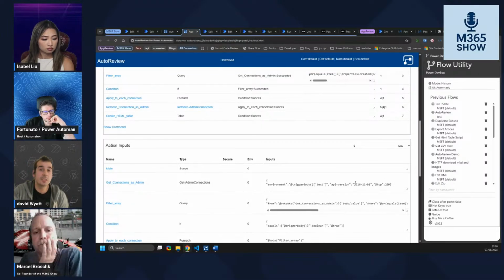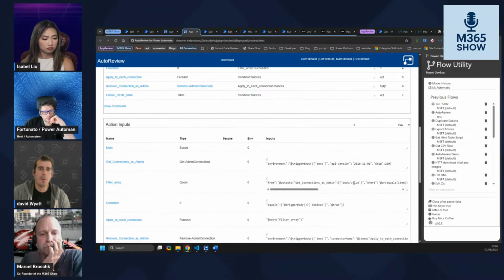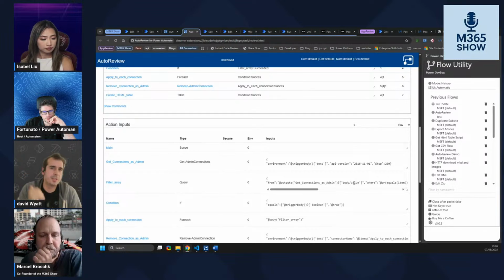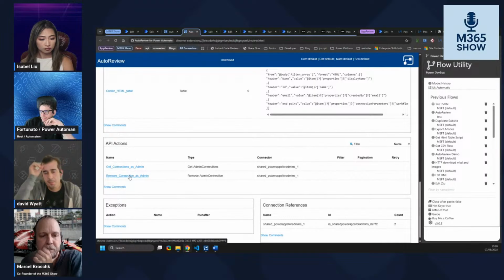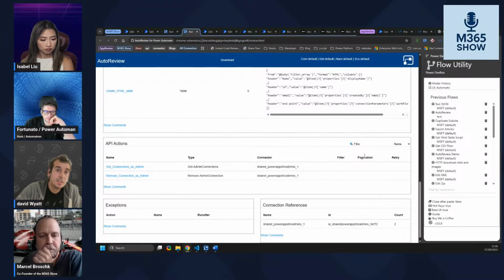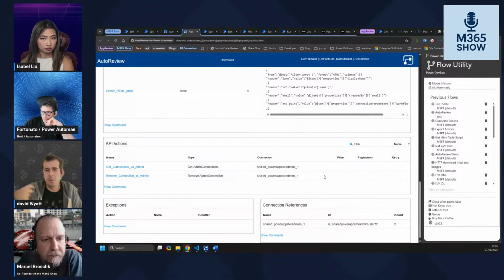It's using a trigger. It's using a trigger condition. But it allows me to quickly look through and say, well, is there a SharePoint item that's not using an environment variable or anything like that? It's really quick and easy to scan through. And on top of that, the last one you can look at here, we've got API actions, which are a little bit different, because again, you're looking for different things like pagination. So do any of these need pagination? Well, actually, none of these are get items, it's fine. But if that was a SharePoint list items, I'd be very keen to go, well, why have you not got pagination turned on?